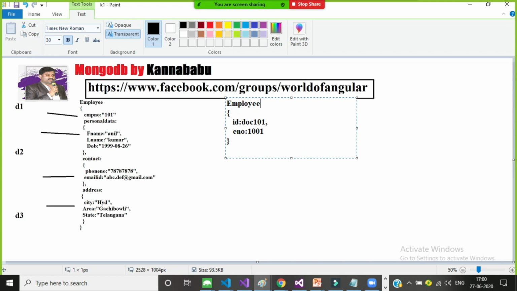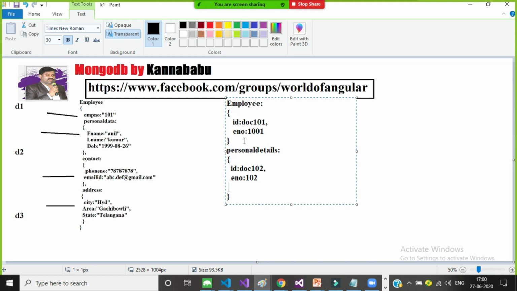In this type of database, the data will be stored in the form of key and value pairs. And here you can create one more, personal details. Is it clear? Here you get personal details, bracket open, bracket close. And for every document, you have to create a separate ID, something like doc102. Here I'll give the employee number separately. Every employee will have different numbers, no? 1002 I'll give. Did you understand? Every document must have a separate ID, and every employee will have a separate ID.